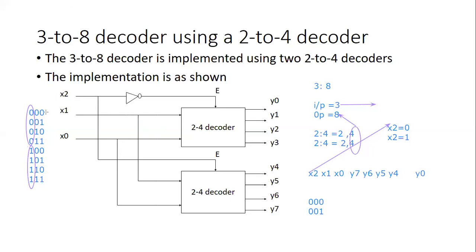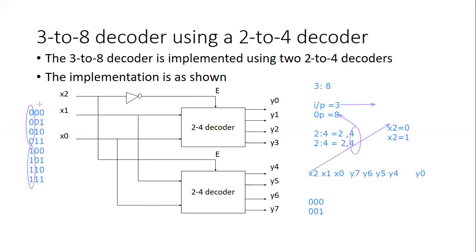Okay. So now, if you can see, for these first 4 I told we'll give x2 is equal to 0. So I've given x2 is equal to 0. So what are the other combinations? x1, x0: 0, 0, 0, 1, 1, 0, 1, 1. Then for the other 4, x2 is 1 with the same x1, x0 combinations: 0, 0, 0, 1, 1, 0 and 1, 1. The same combinations will work over here.